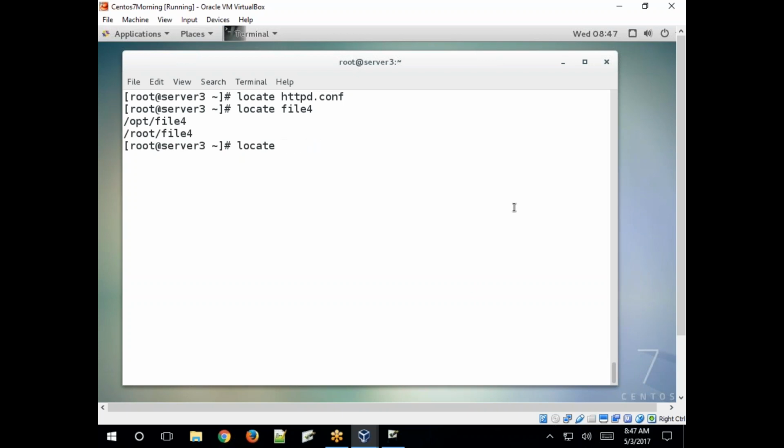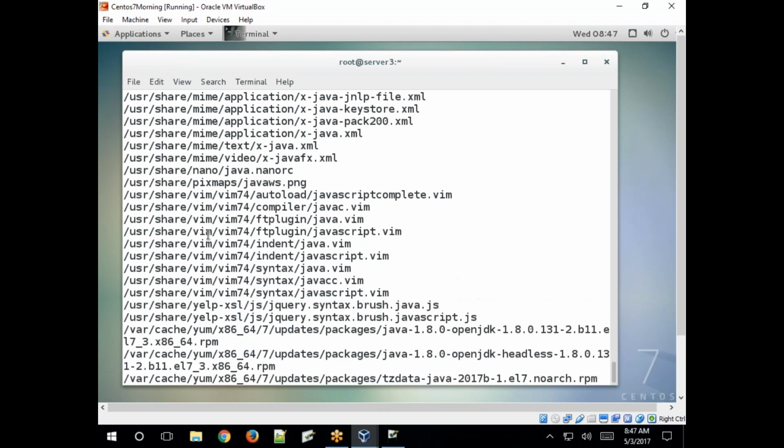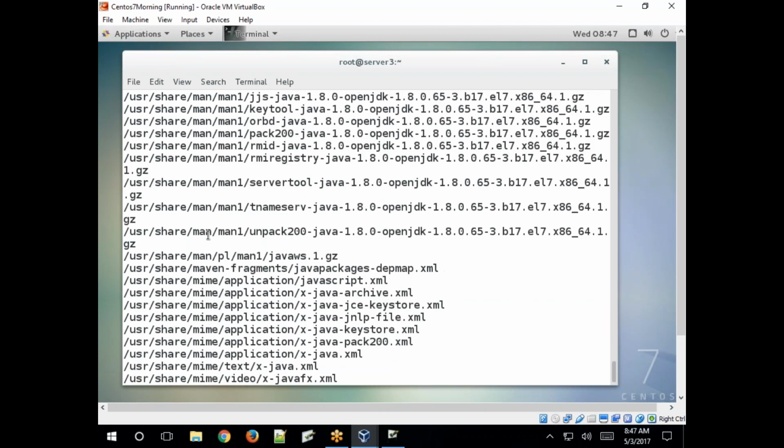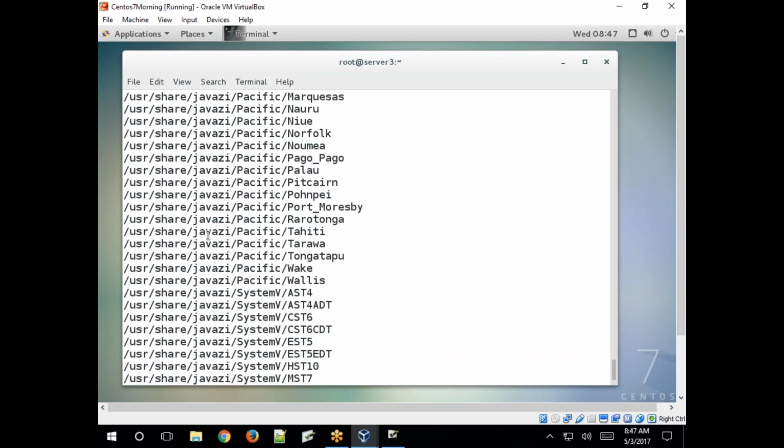And for example, search for any name, for example Java. Is there any Java? Yes. We searched for Java and it returned all the files and directory paths where Java is matched.